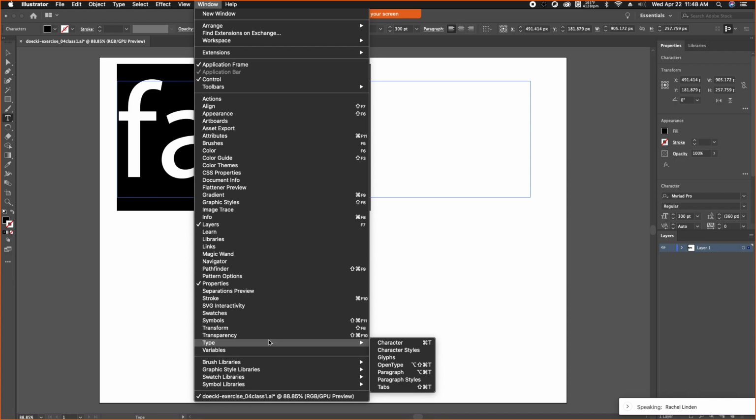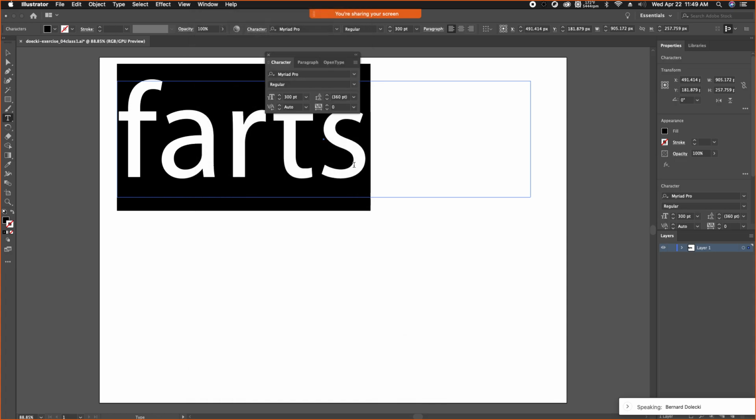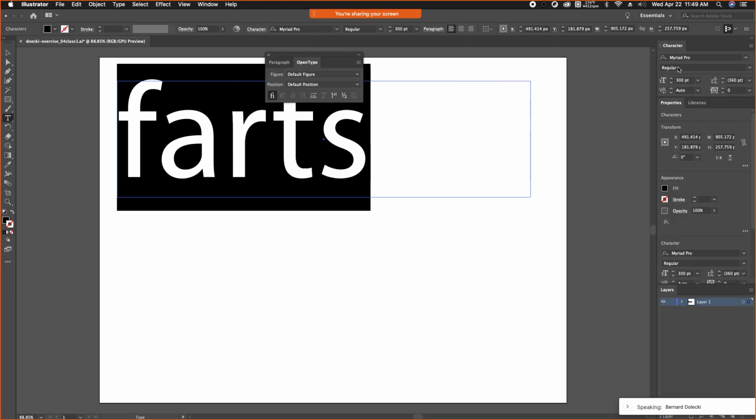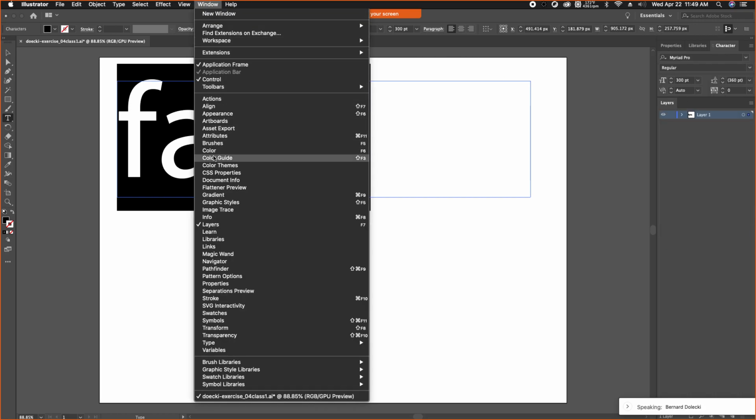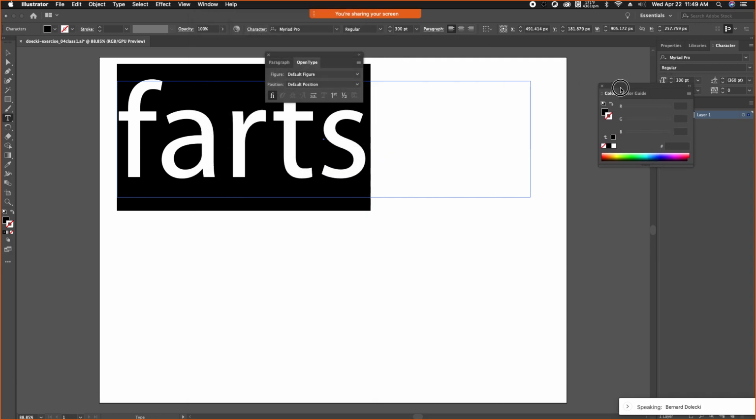Okay. Then also, I want everybody to go to Window, down to Type, and have Character open. I might even recommend embedding this Character tab over here, somewhere next to Properties or something, just so it's there. I also like to have Color and Color Guide here. So Character, Color Guide, and Layers. Anyhow, once you have